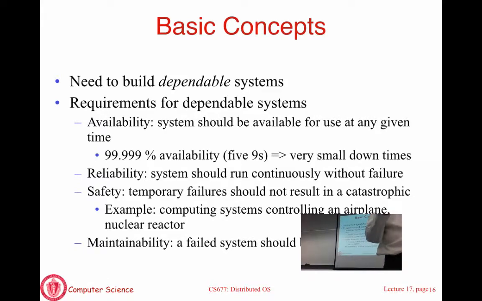Okay? You can only do one of two things. Each component is highly reliable, highly available or safe, but that's not going to happen because of the way we build systems. So then you have multiple components, each of which can do things that the other components can do and take over whenever things fail. And that's the way we are going to do this in the context of fault tolerance. Is that clear? Any questions here?